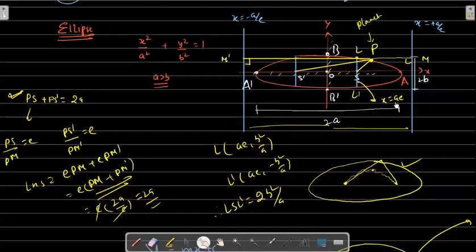The equation of this will be what? x equals plus ae, and this will be x equals minus ae. Now this x equals plus ae and the given ellipse equation can be solved to get the coordinates of L and L prime. So the coordinates of L and L prime will come out to be (a